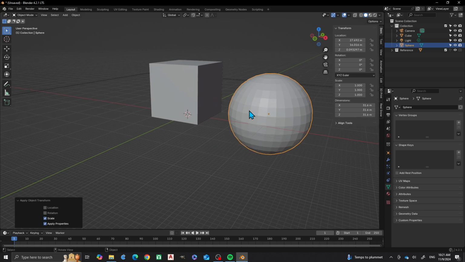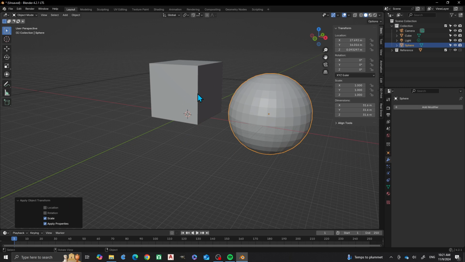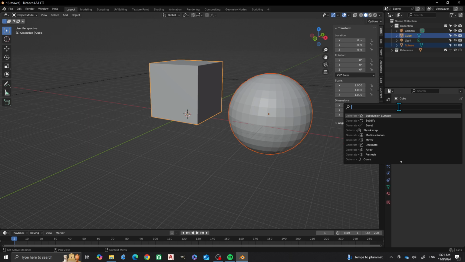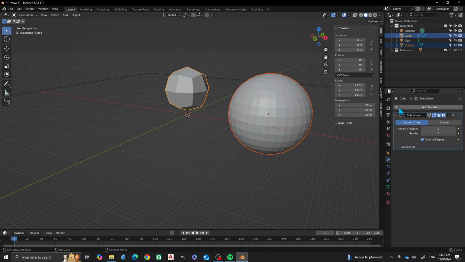So, first thing I want to show you is that we have two separate and distinct objects that have no modifiers added to them. But now, if I shift select the two and just add a modifier to just one, right? Subdivision surface, you'll see that it applies the modifier to this object, but not to this one, right? So now if I undo that,